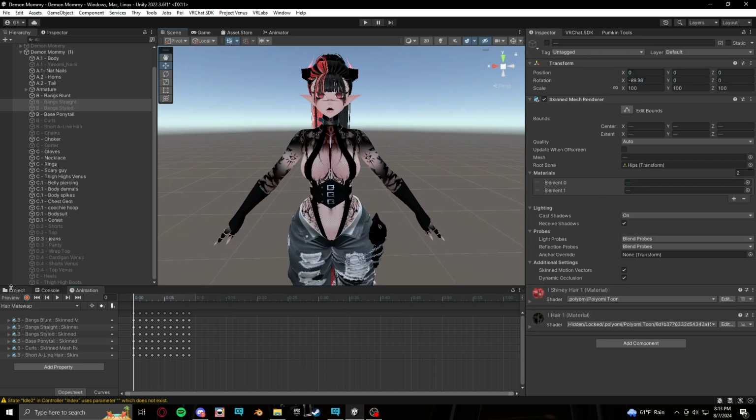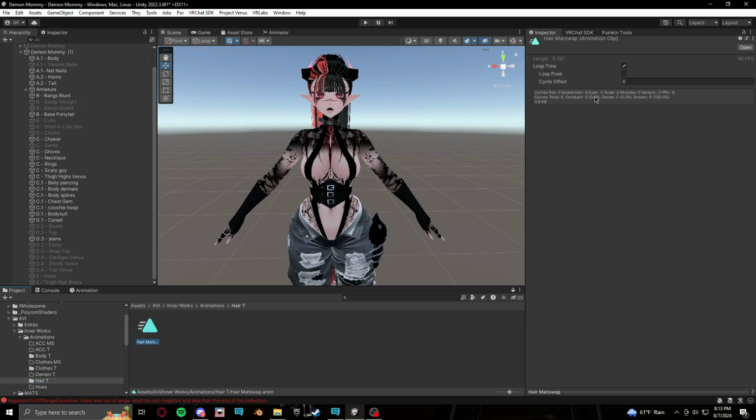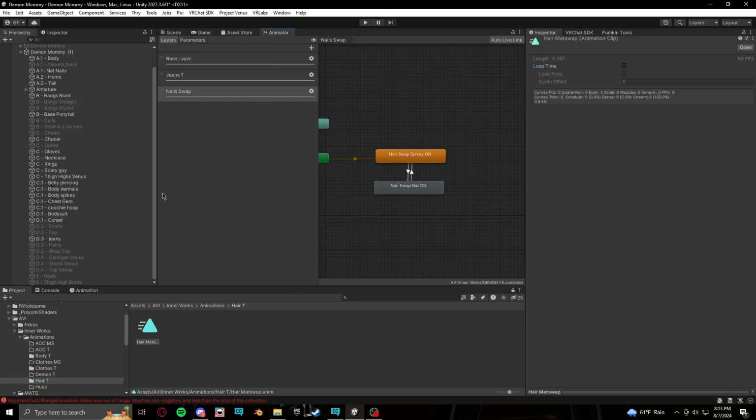So now you're once again going to go to your animations, where your animations are at. You're going to grab it and turn off loop time, and then we're going to go into our layers in our animator, and instead of making it a bool, this time we're going to make it a float. What we're going to name it is whatever you'd like. I'll do hair personally, or name it hair Matswap, because I don't want to make it too complex for myself. And then you're going to want to put in your layers hair,